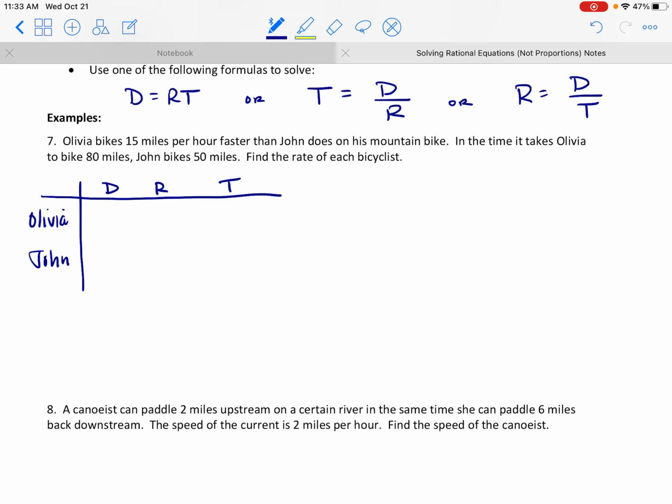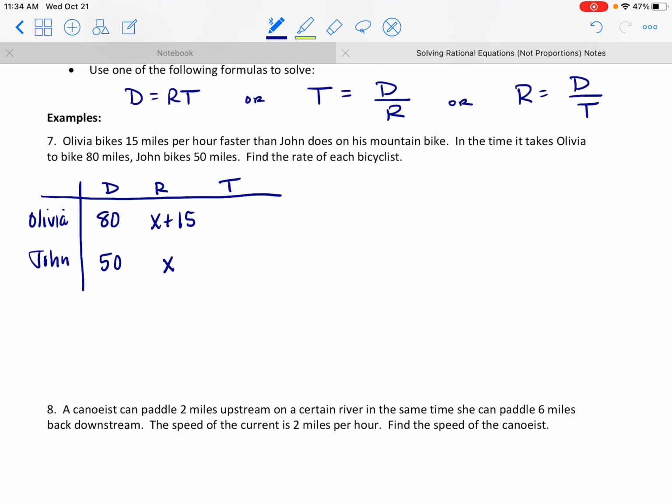So distance for Olivia is 80. Distance for John is 50. Now for the rates, it says Olivia bikes 15 miles per hour faster than John does, but we don't know anything about how fast John is going. So John's rate is going to be our variable. Let's call it x. If she goes 15 miles per hour faster, then for her, we can put x plus 15. Okay? Now, time is where